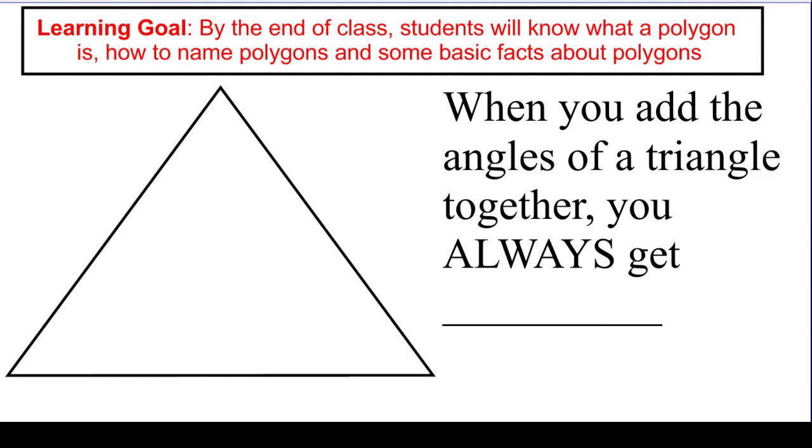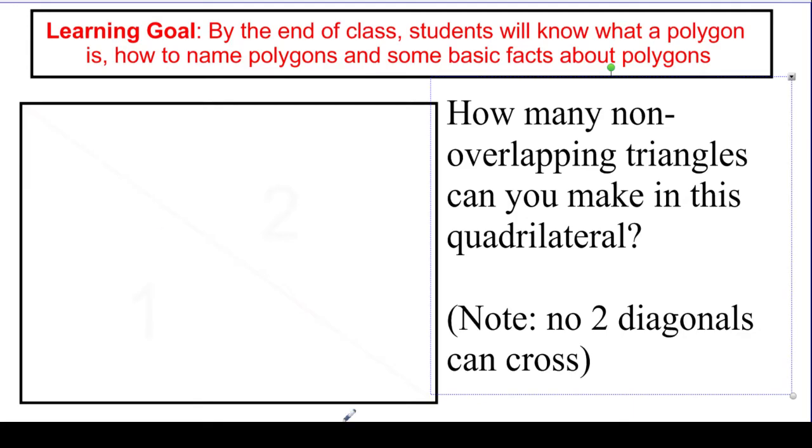When you add up the angles of a triangle, we've done this in the past, we've proved this in the past, you always get exactly 180 degrees. So we're going to use that fact in order to figure out how many degrees there are in a larger shape and why. If I take a look at my next figure, this is a three-sided shape. We call those triangles. I have a four-sided shape, which I'm calling a quadrilateral,